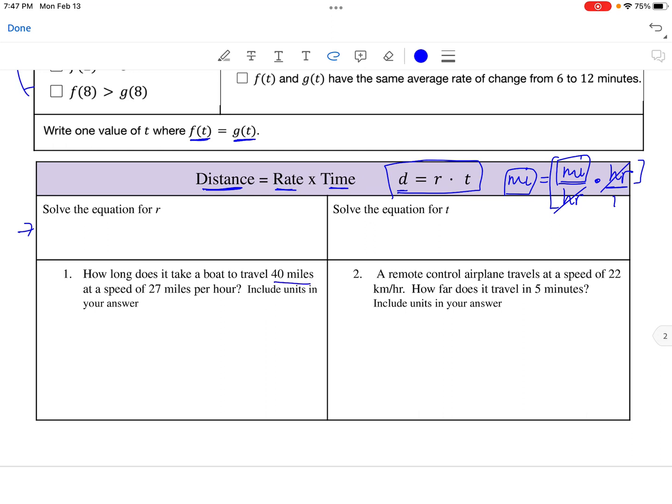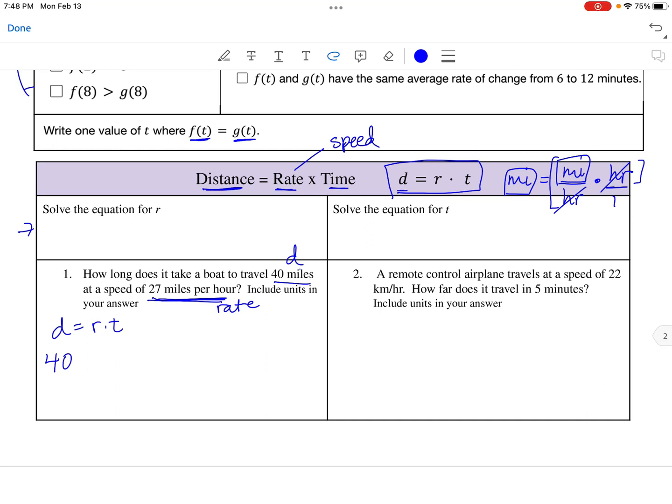So how long does it take for a boat to travel 40 miles at a speed of 27 miles per hour? So we can use our distance equals rate times time. And we have 40 miles. That is a distance. 27 miles per hour is a rate. Rate is also speed. Another word for rate is speed. So let's plug these things in. So we have 40 miles